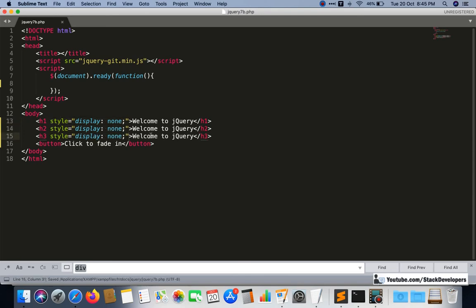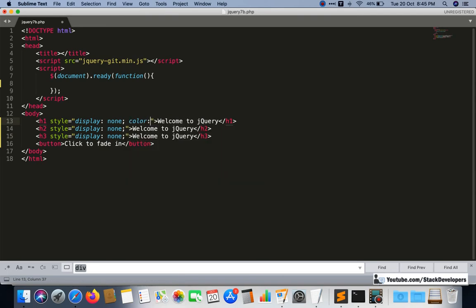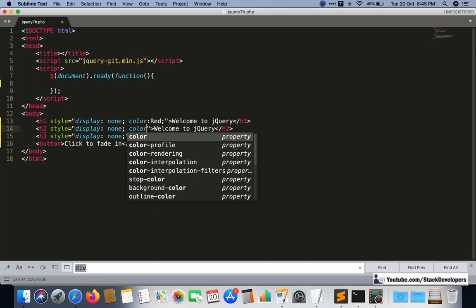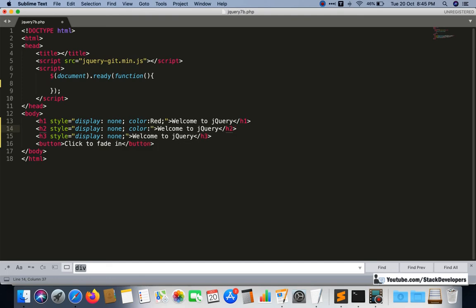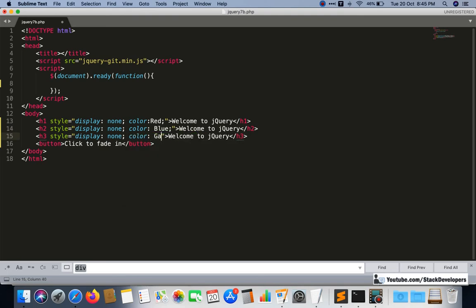I'm going to use display none, and I will also give some color to these elements, so that we can use them again and again. You can give the names of the color, or you can give the code of the color as well. So I will give it like this. Now I will also give space here.